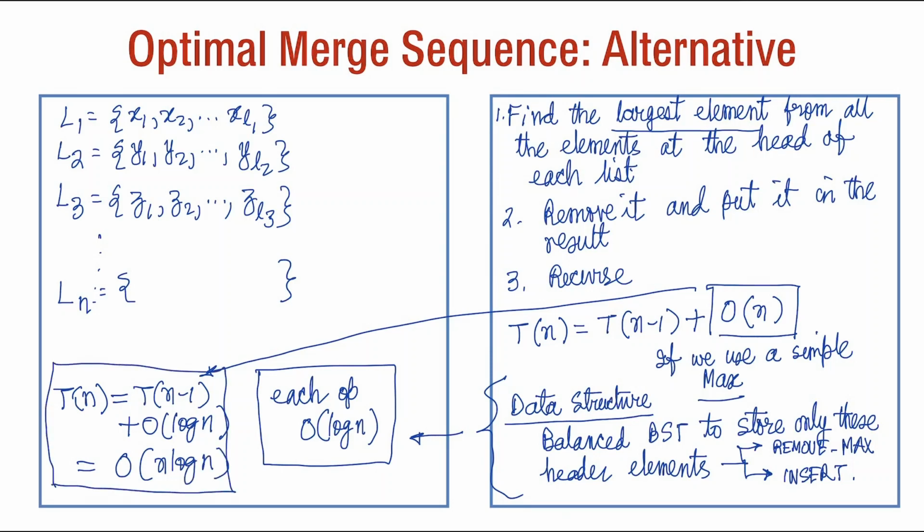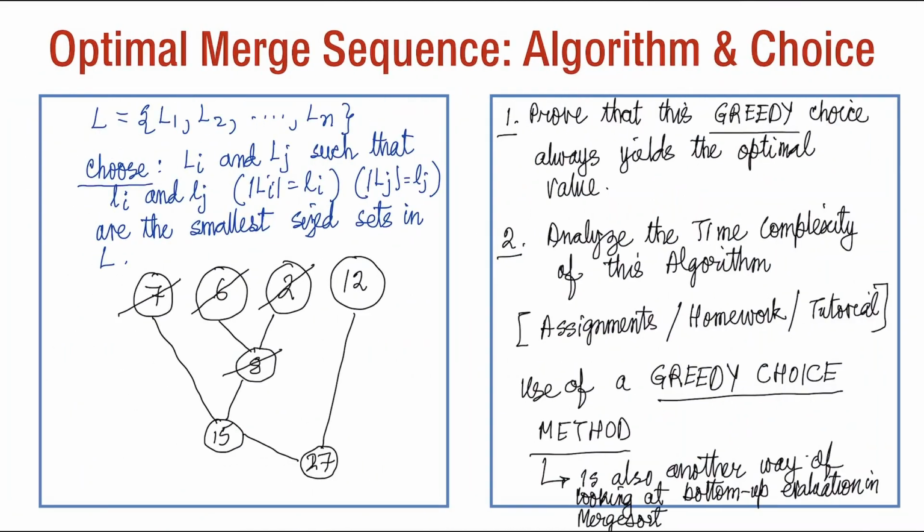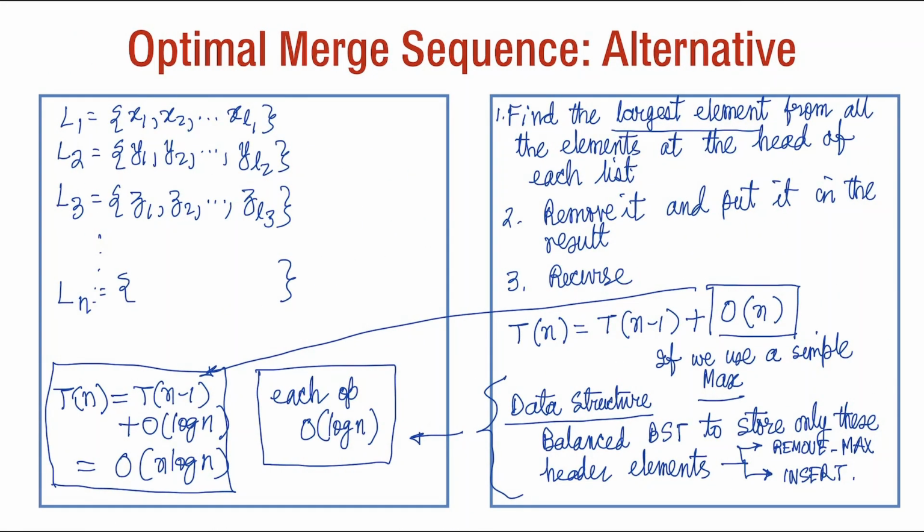So by this alternative method where we generalize that other one, we will get another order n log n algorithm for optimal merge sequence. I leave it as an exercise for you to examine which one of them is the better of the two. That means which among this solution, the greedy solution, and the optimal merge solution, which one is better, and among them which one will I choose.